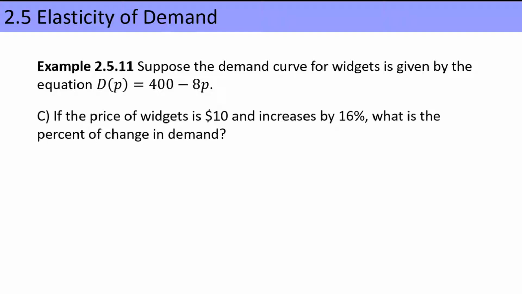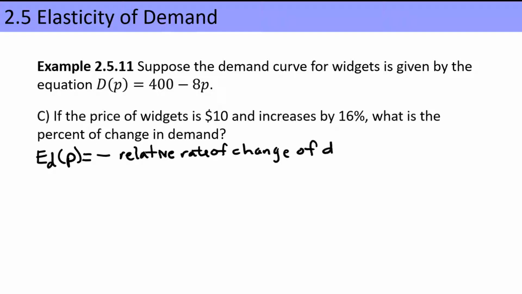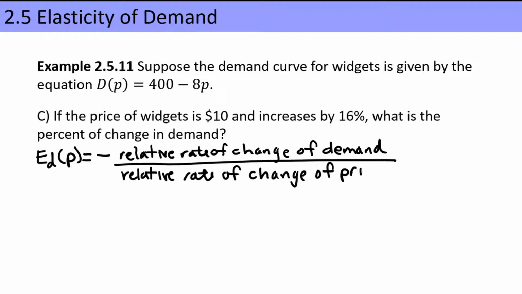Part C. If the price of widgets is $10 and increases by 16%, what is the percent change in demand? We solve for this by looking at the definition of the elasticity of demand. That is, E sub d of p, if you'll recall, is equal to the negative of the relative rate of change of demand divided by the relative rate of change of price. What we need to do here is to solve for the percentage change in demand. So we're going to solve for the percent change in demand, and that would give us the relative